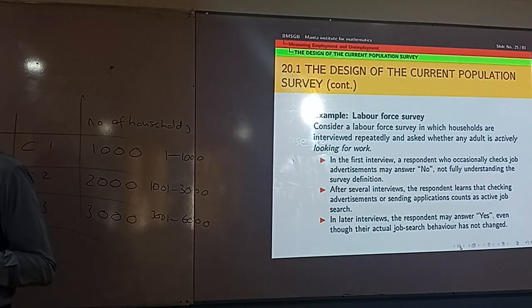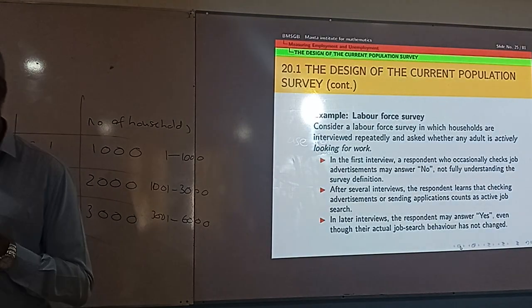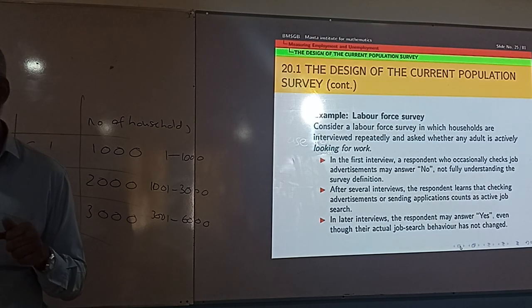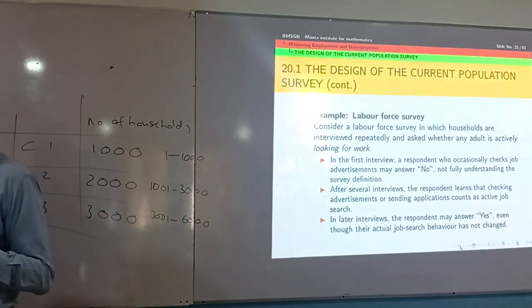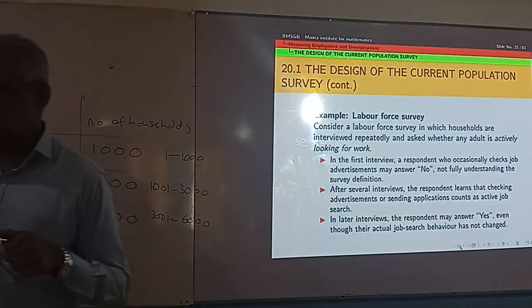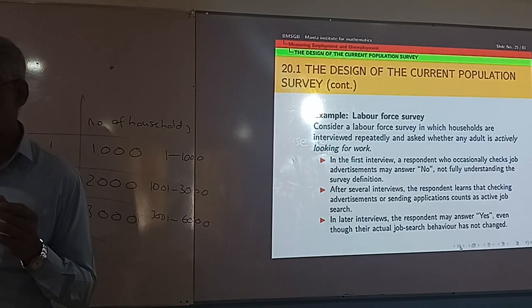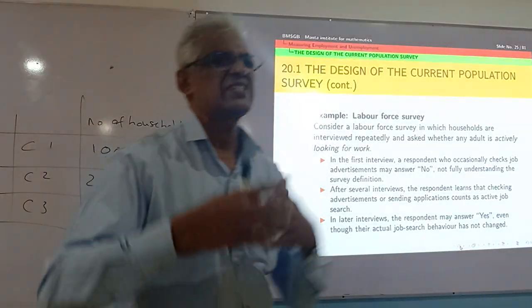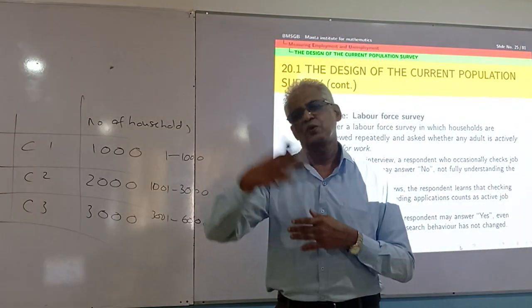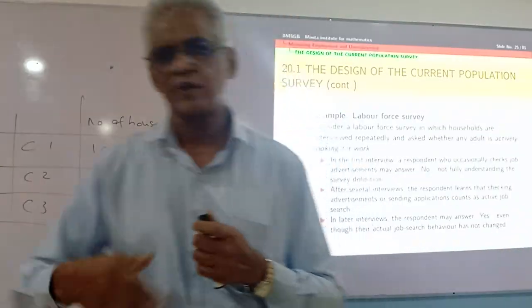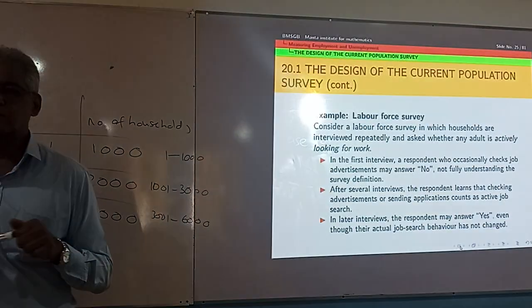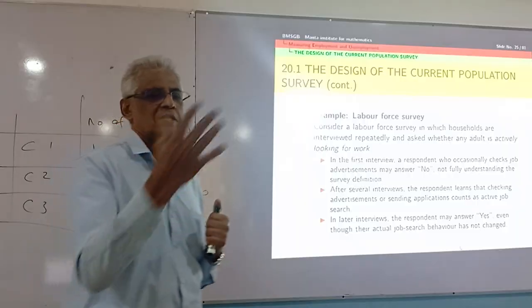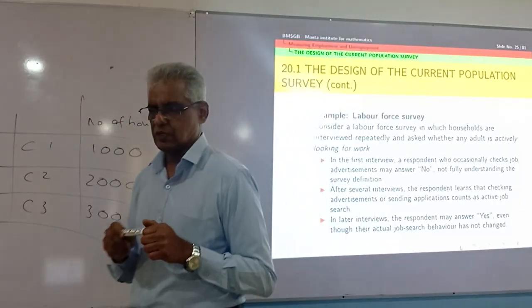Example, in a labor force survey, consider a survey in which households are interviewed repeatedly and asked whether any adult is actively looking for work. In the first interview, a respondent who only occasionally checks job advertisements may answer no, because he is not very interested in or very rarely looks at advertisements. Therefore, he will say, no, I'm not looking for a job. So actually he must be considered as not employed, but